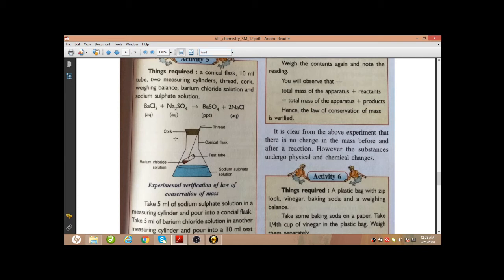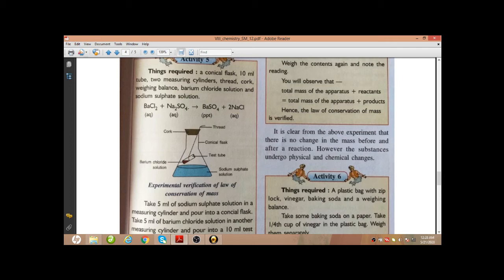These two will start the reaction, and in this reaction we will be getting barium sulfate as a white precipitate, along with sodium chloride in solution. Now, in this experiment, before mixing these two solutions, if we take the weight of the whole system, and after the reaction again take the weight of the whole system, we will find that